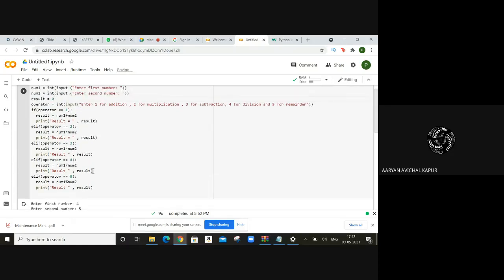I had to mention one more thing. This is the if based method. I also want you to add two things. One, I want you to add an else here, saying that if anyone enters say 7, you need to give them an invalid operator or invalid operation message. And one more thing I want, this is correct.